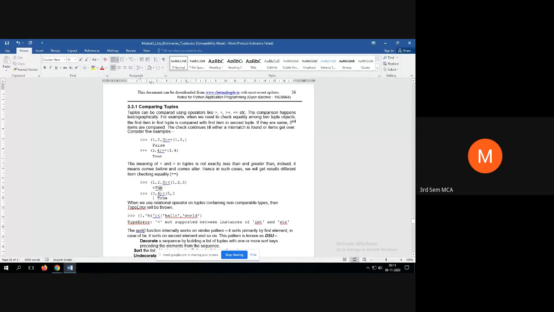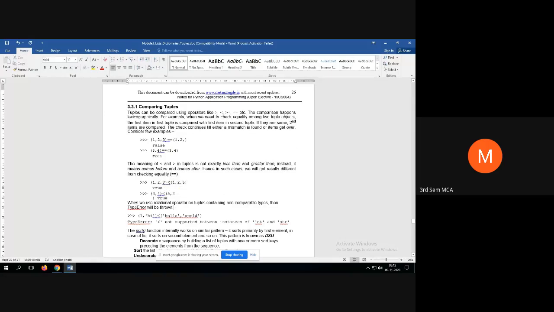So that's why it is yielding true. Now look at here. 3, 4 is less than 5, 2. Once again, it is yielding true. Why? Because 3 comes before 5. Hence, it is yielding the true result.